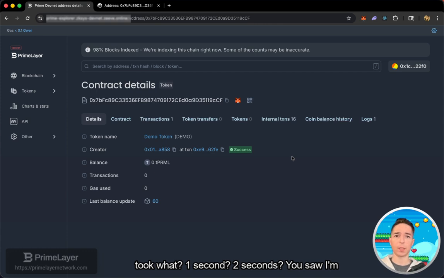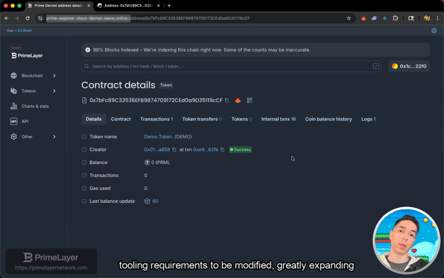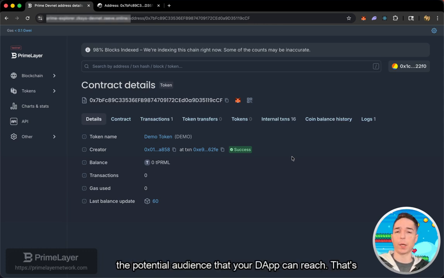2 seconds? You saw I modified no code between my deployment to Ethereum Sepolia and to PrimeLayer's edge chain. And you've got the exact same contract now deployed on 2 chains, and that increases the reach that your DApp can now accomplish through omni-chain deployment without any tooling requirements to be modified, greatly expanding the potential audience that your